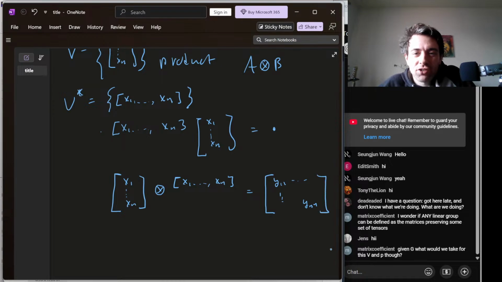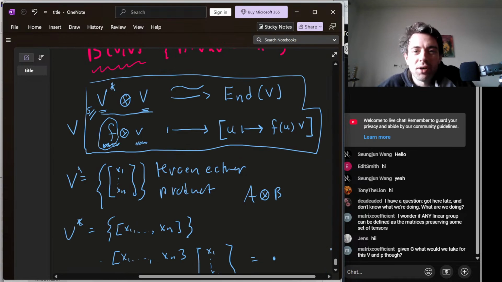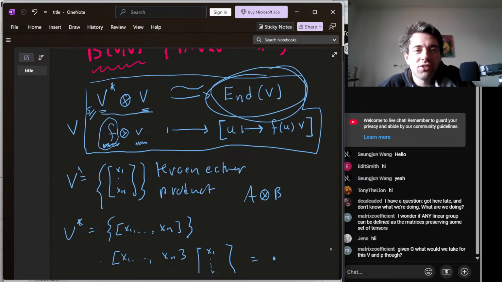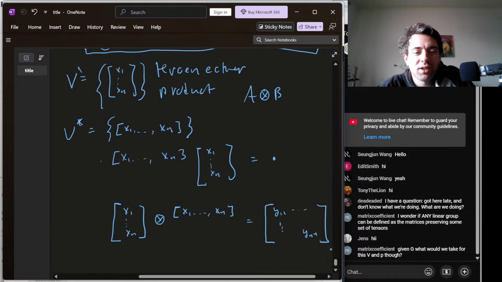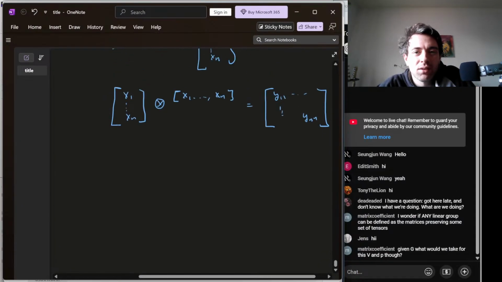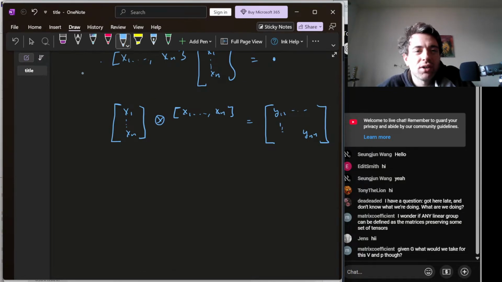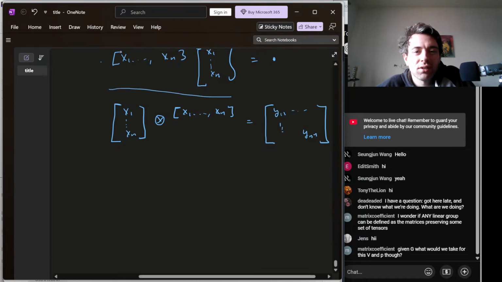And this is actually a manifestation of this isomorphism I told you about above. Endomorphisms, what are those? Those are just n by n matrices. And here are our tensors, right? So we can imagine those tensors are just something like this: Kronecker products of a column vector and a row vector here.